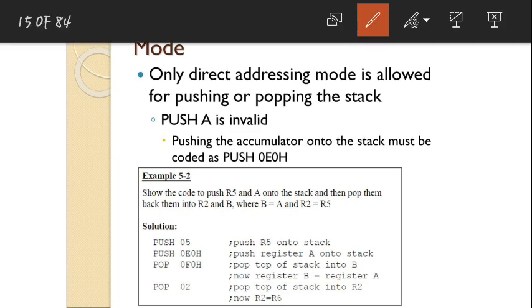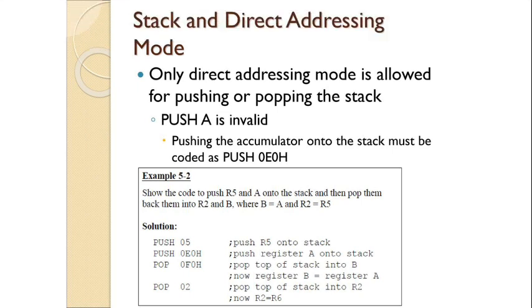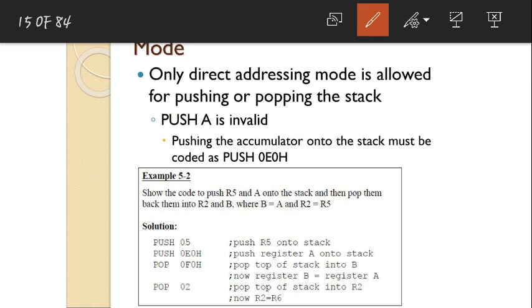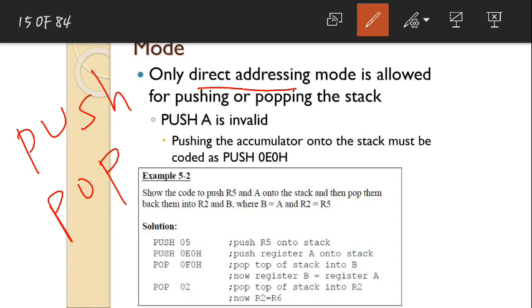If I use a name, that will become the name of some register, right? So I can't take that in the stack. I should always take a direct address in the stack. I already told you in the previous videos, these are the two important instructions: push and pop. Push is to store the value, but before storing the value it will increment by 1 and then store the value.